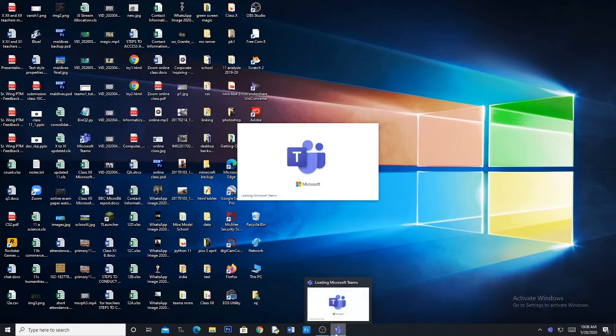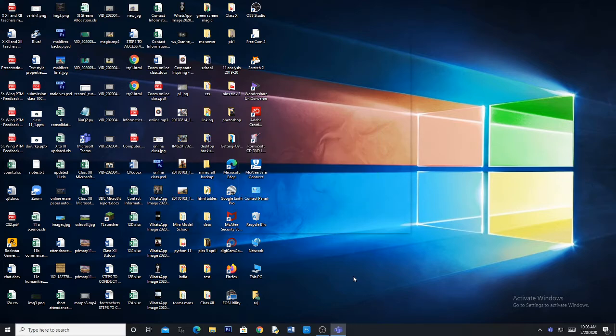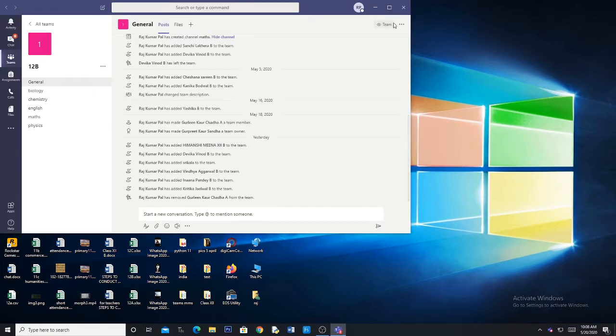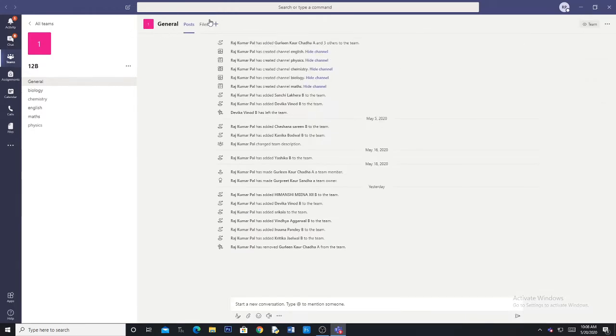Yeah, it is opening up. I'll just wait till Microsoft Teams gets loaded, because initially it takes a little time to start. Okay, it has started. Now by default it has gone into my account.